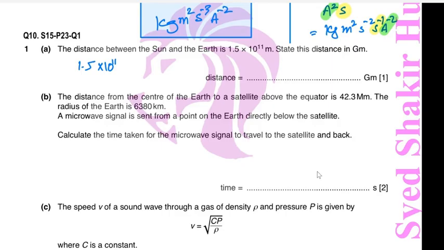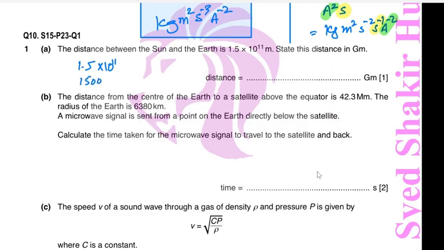Chalo. So mega is basically 10 to the power 6, giga is 10 to the power 9. So we need to express it in 10 to the power 9. So if we want to express it in 10 to the power 9, that means we can write it as